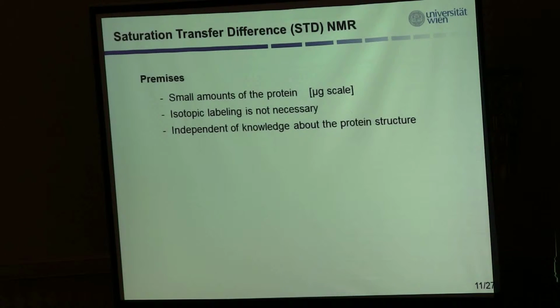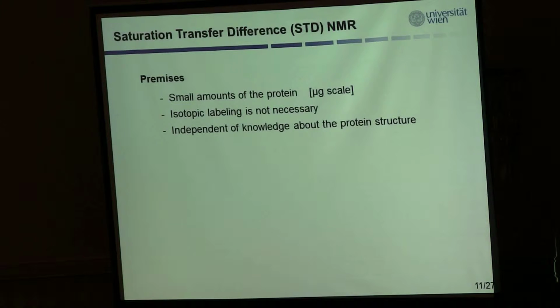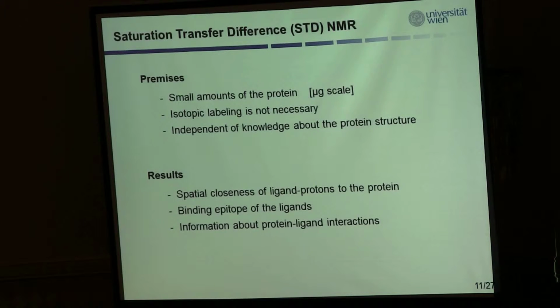The premises are a small amount of the protein. We do not need very much, we need micrograms. No isotopic labeling is necessary, so we are again cheap and can start at an early stage when we are working on a new enzyme. And the measurements are independent of any knowledge about the protein or enzyme structure. And we get spatial closeness of ligand protons to the protein, the binding epitope of the ligands, and of course, as a conclusion, information about the